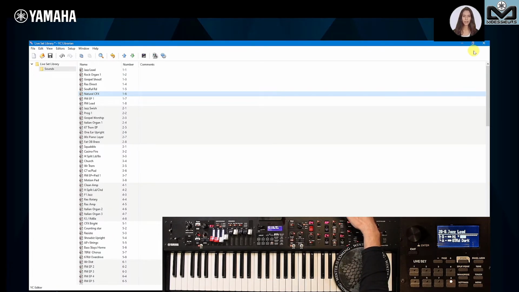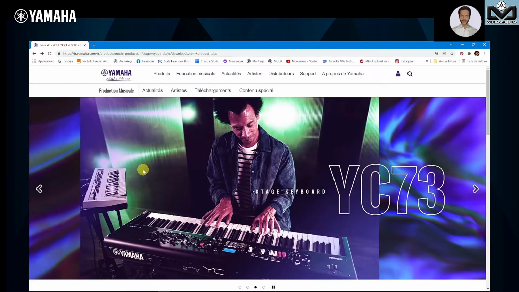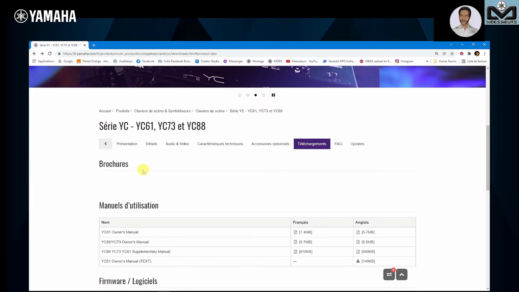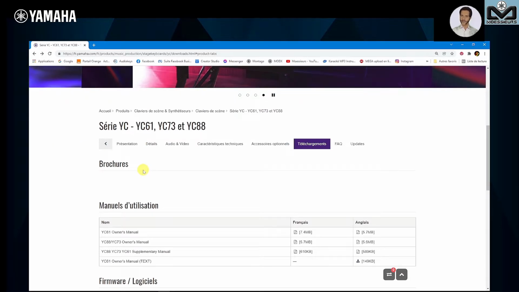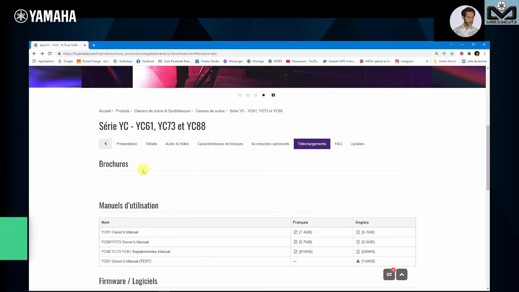To update the operating system, we need to turn it off and remove the USB key. Now you have to download the new YC operating system. To download it, let's go back to this view. We'll go to the Yamaha website. How do you go to the good Yamaha website? How to know which one it is? Joel is going to add on video a magical address that allows you to go to your Yamaha country website.